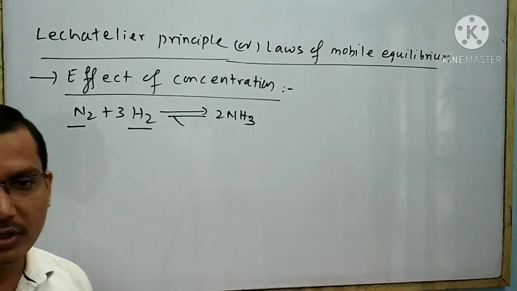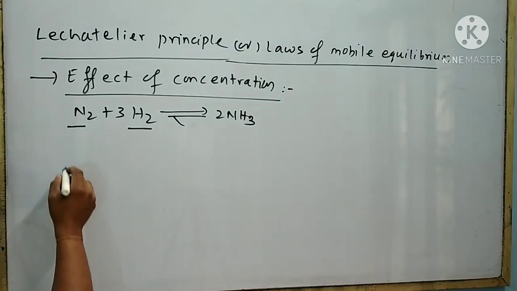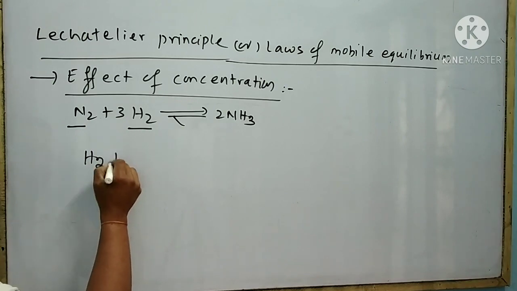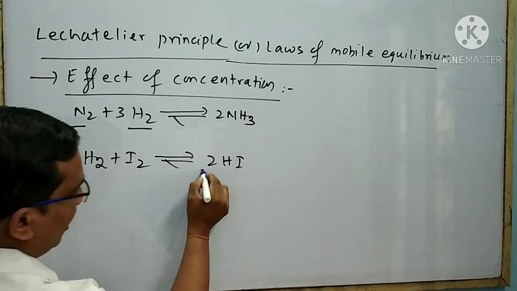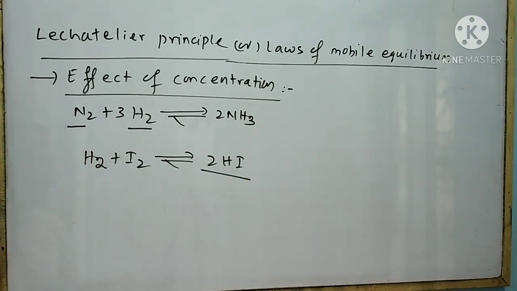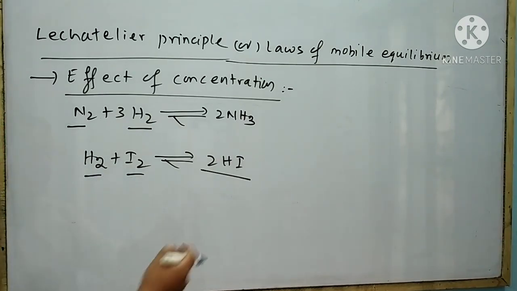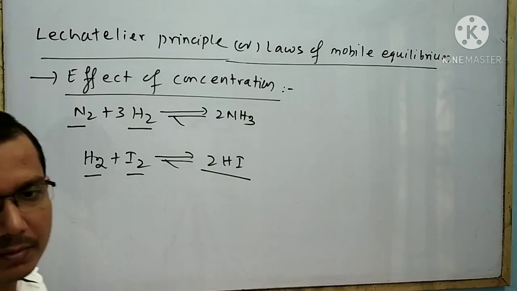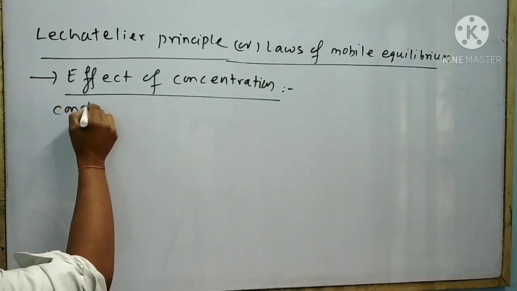Similarly, according to this principle, an increase in the concentration of the product side shifts the equilibrium in the backward direction. Let us take an example. H2 plus I2 gives 2HI. If I increase the concentration of the product, that is HI, then obviously more and more hydrogen and iodine is formed. That means the reaction proceeds in the backward direction. So remember, for the formation of H2 and I2, an increase in concentration of HI is favorable. From this example, it is concluded that